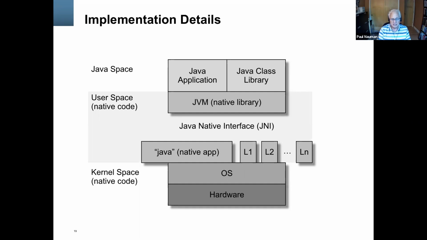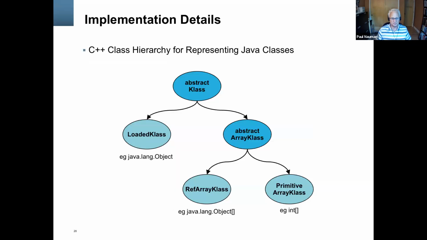The Java class library, in many cases, actually has to rely on some native instructions to do things like opening files, for example, and I/O. And so those libraries get attached at that time as well. So that's kind of the breakdown of how those components fit together. Inside the JVM,